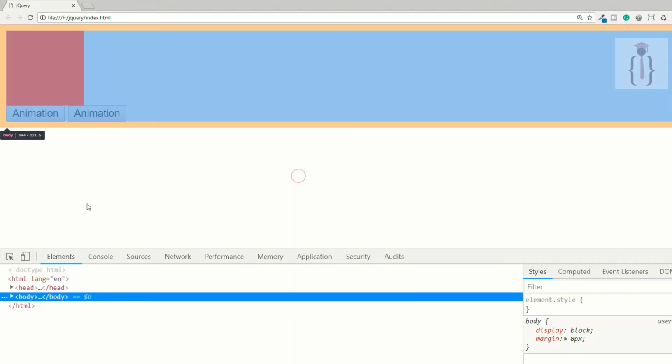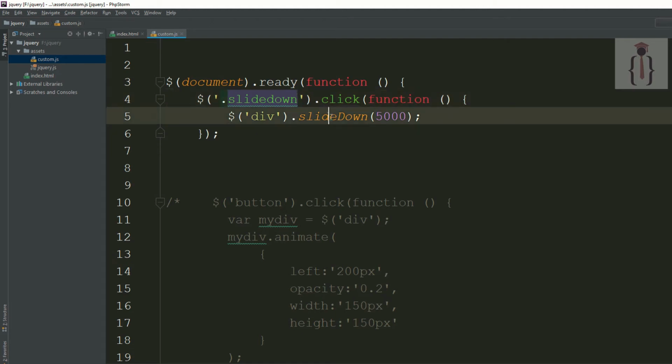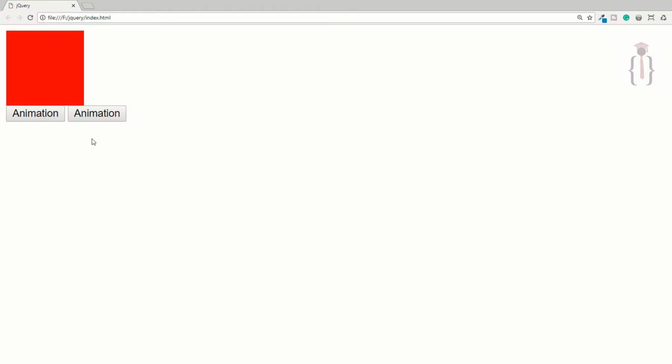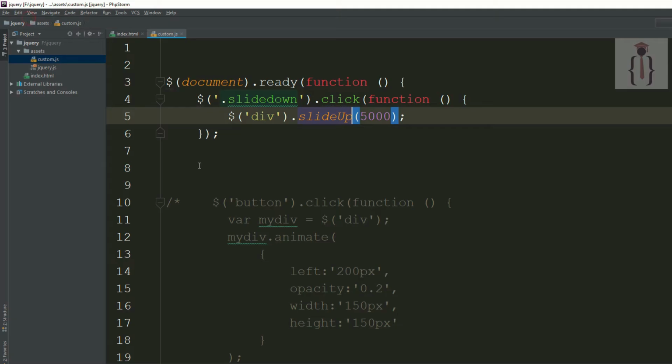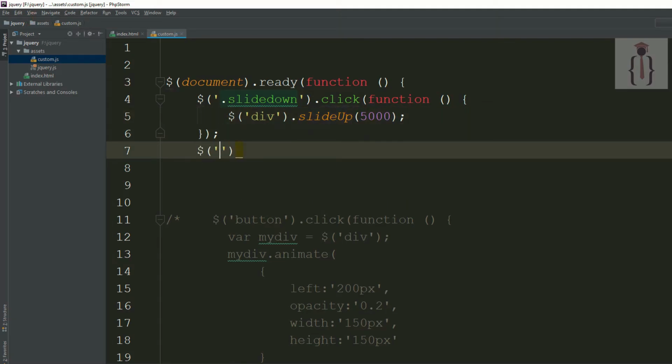Okay, inspect element, why it's not working. I'm saying whenever someone clicks on the class, okay, because it's also here, slide up. Go to your page, refresh the page, click on this, it's using the slide up. Okay, so now I'm saying whenever someone clicks on the stop class,